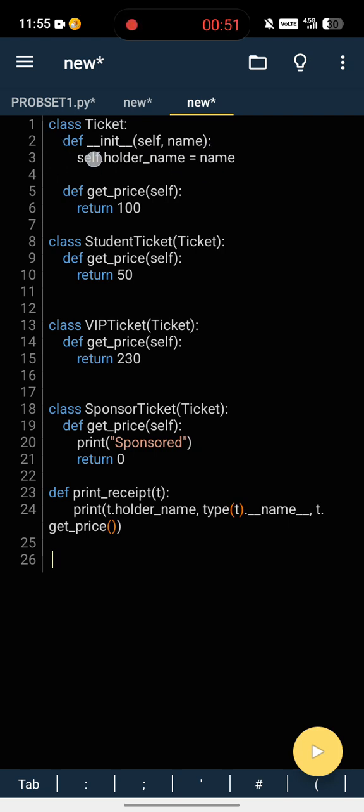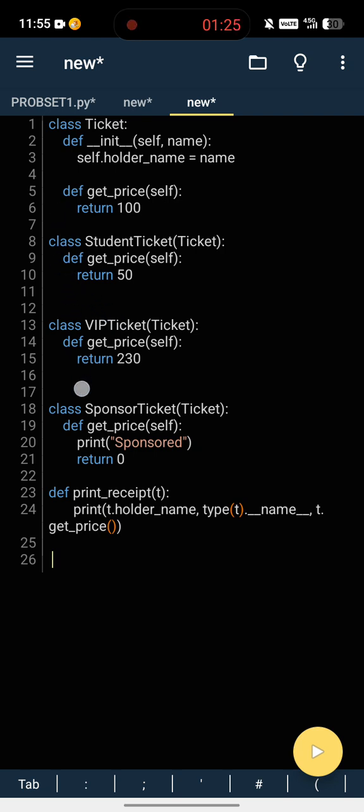In my class, I have one attribute, which I called the holder name. Then I created a method, which is get price, and it will return 100 as the default price.